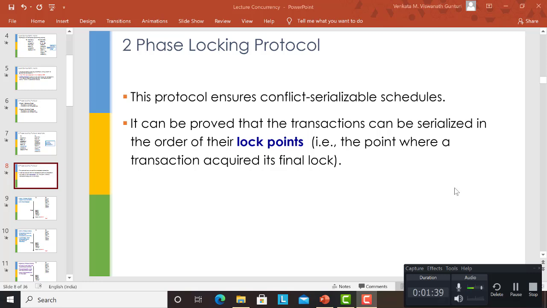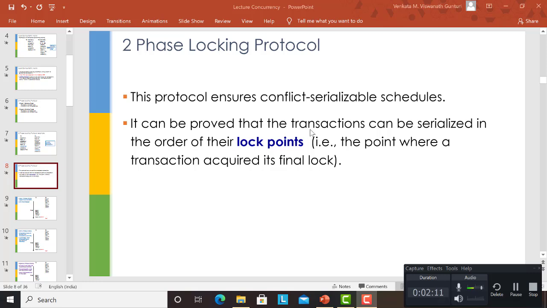So all the two-phase locking protocol ensures is that the way the locks are put, and the way they are released, the interleaving which gets generated, or which can get generated after two-phase locking protocol, is guaranteed to be conflict serializable. So that is the theoretical claim, or theorem, that people have proved, right? So in fact,